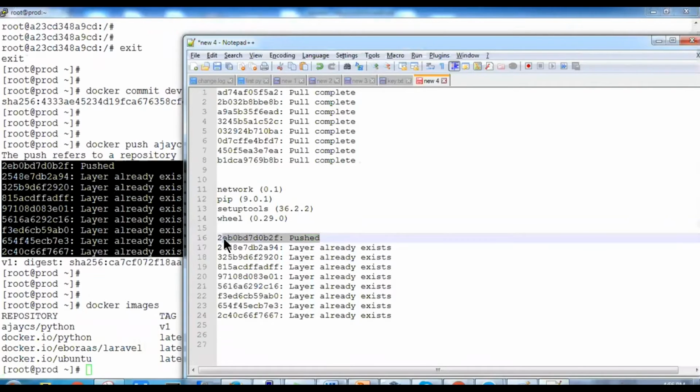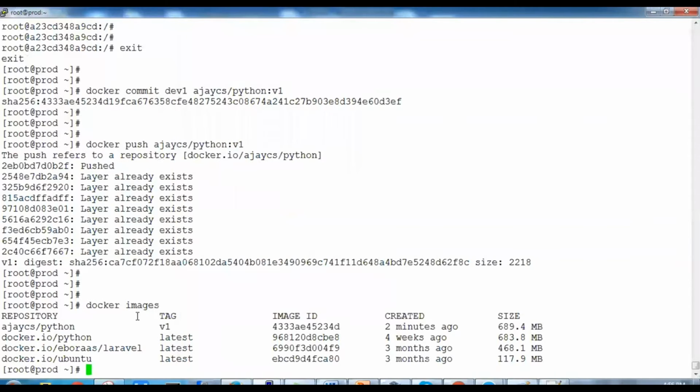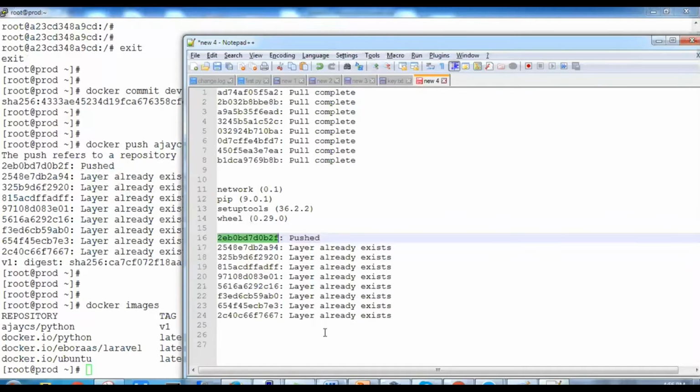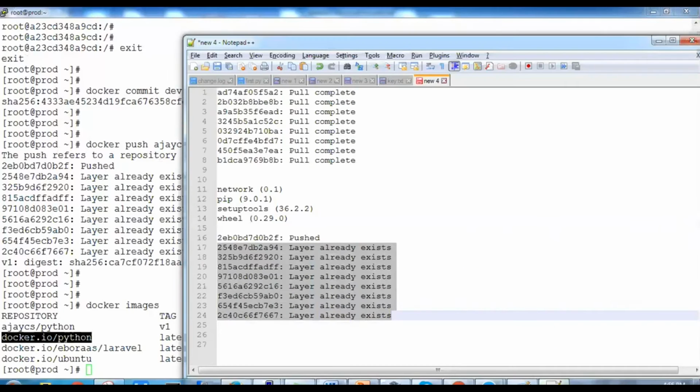So this is a new layer added on top of these layers. There is one thing we have to remember: if we download that image, this ID and this ID are not similar, because once it gets into the local repository, it creates its own IDs. And when you write a new image on the local repository, you will feel that these IDs are already there. It will show that the layer already exists. For us, if you look at this, all layers exist, but where do they exist? They exist with this Python image. So this Python has a number of those layers.